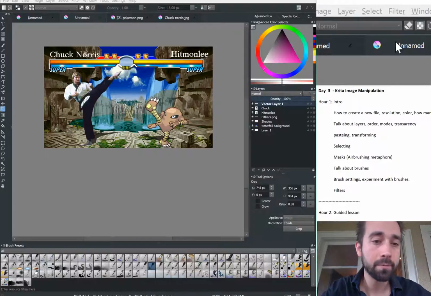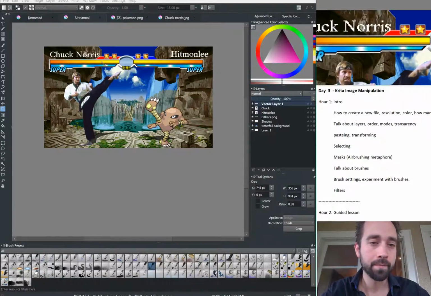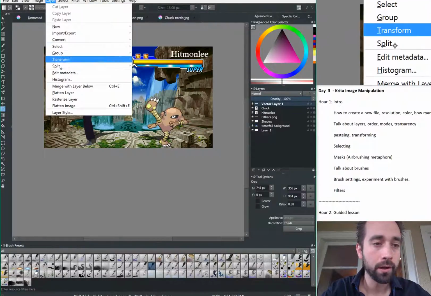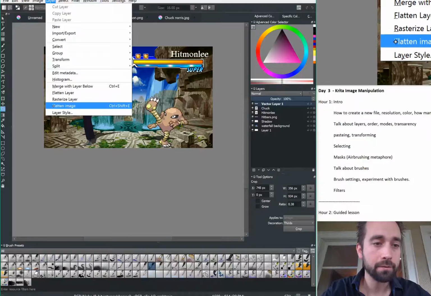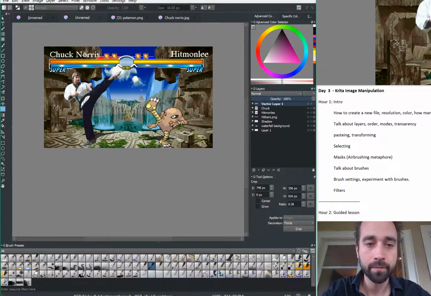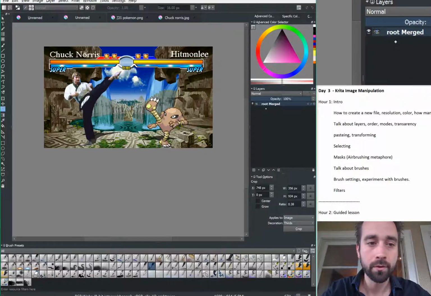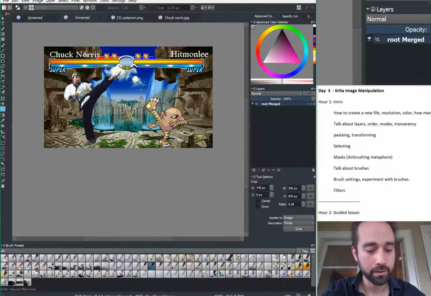And so that's pretty much everything to get us this far. Now let's say we wanted to paint on top of this. We could flatten the image. Actually, before we do that,